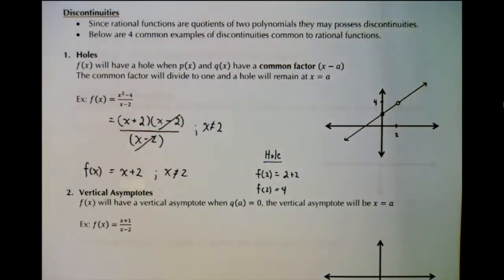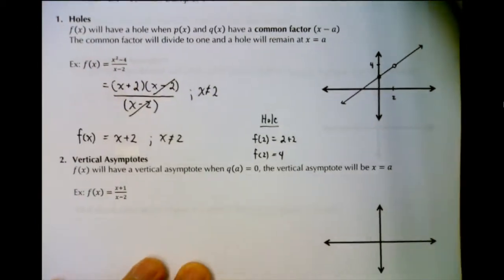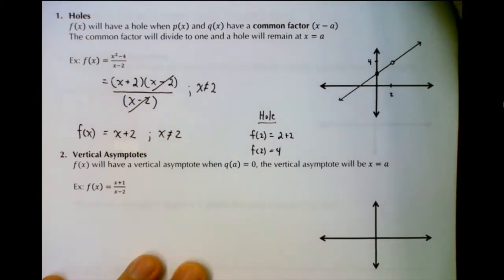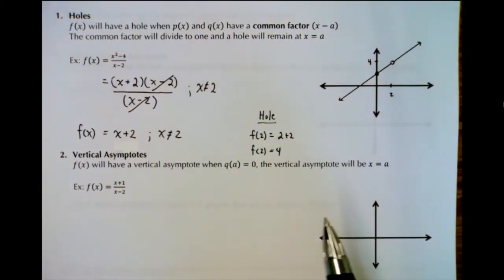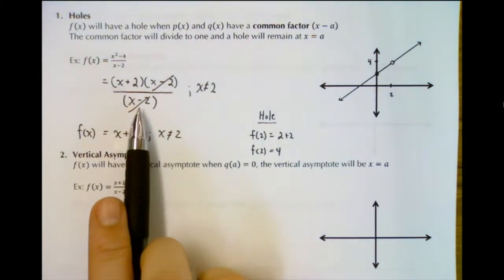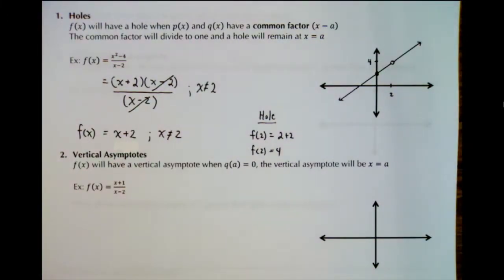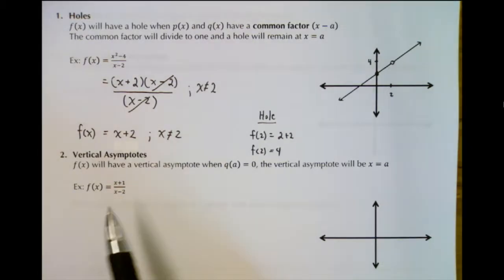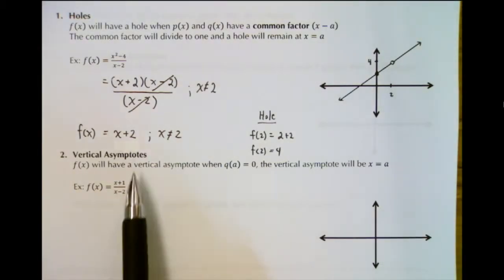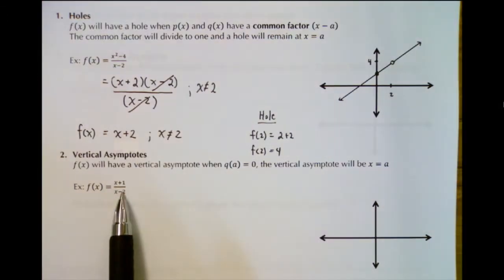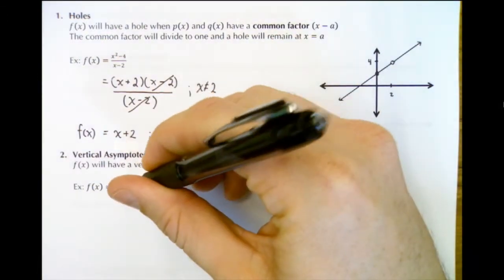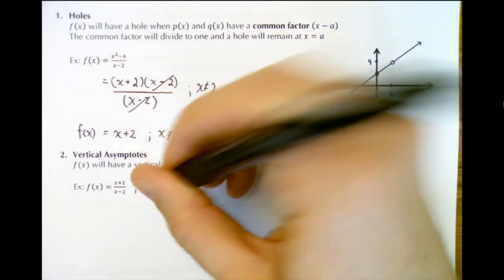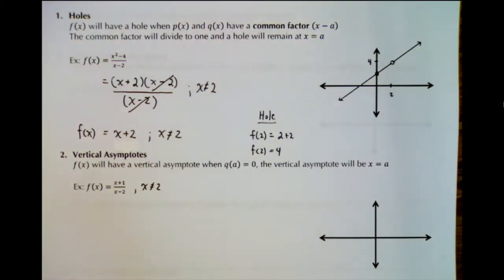The second type of discontinuity is a vertical asymptote. A vertical asymptote occurs in a very similar way to a hole. We look at the restriction in the denominator, but in the case of a vertical asymptote, we don't have a common factor that divides away. So in this case, our top is x plus 1, our bottom is x minus 2. Notice that x minus 2 doesn't divide away this time like it did in our first example. Our restriction is that x cannot equal 2, because 2 would make the denominator 0, and that's actually our